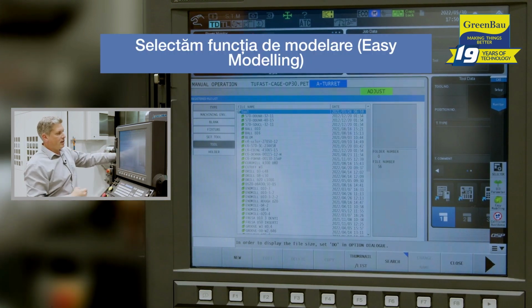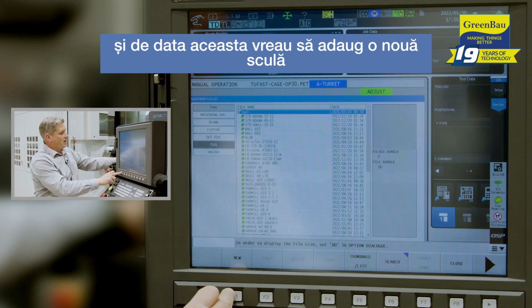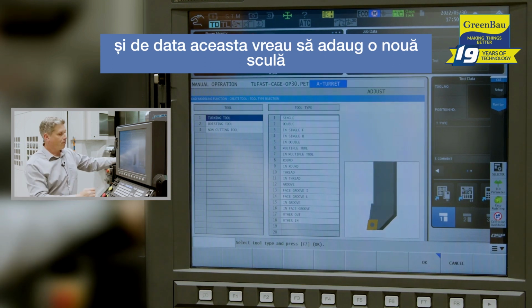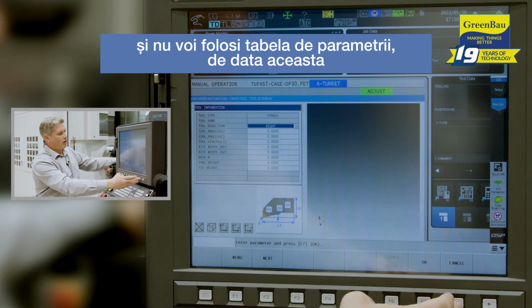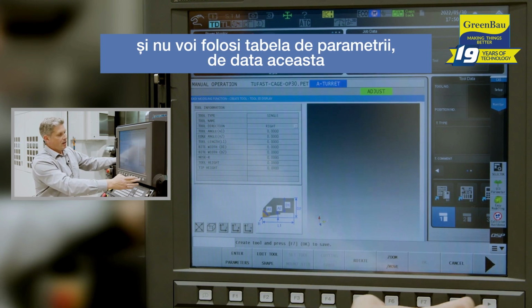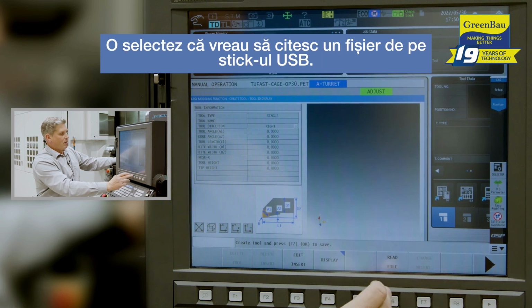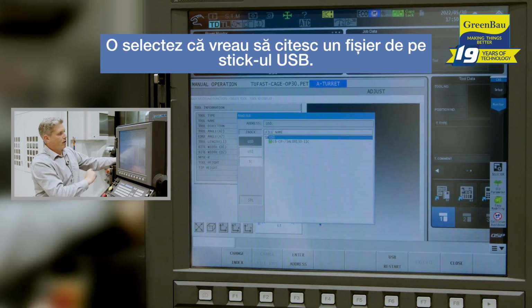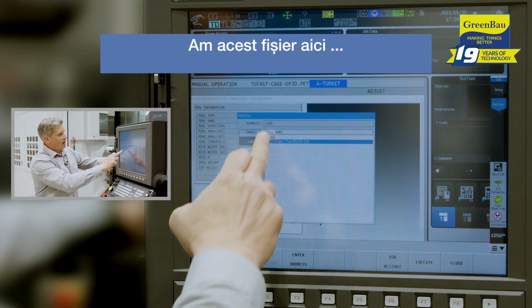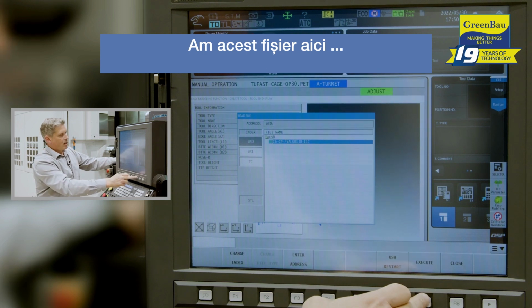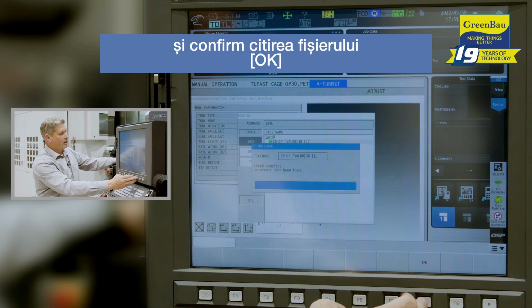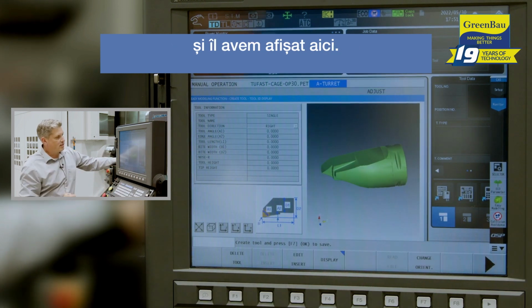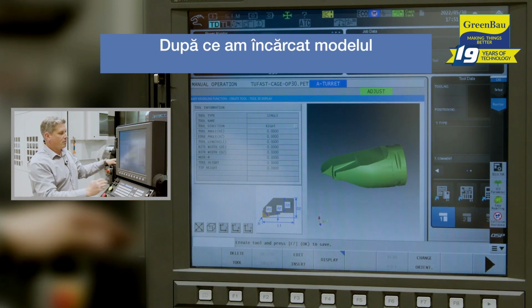I again open the easy modeling function and this time I want to make a new tool. It will be a turning tool and I will not use our table this time. I'm going to say I want to read a file from the USB stick. I have this file here and I execute it. I read in the file and confirm and it's there. After I have the model there,